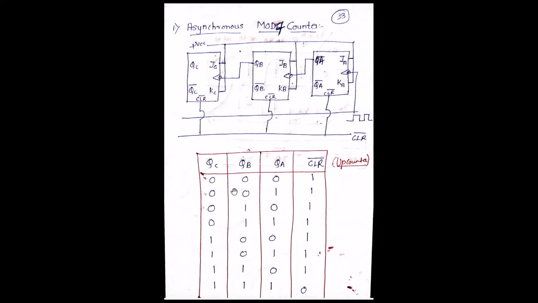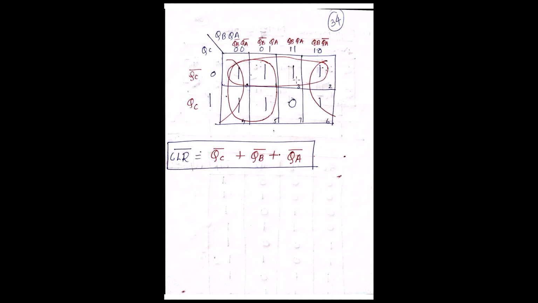The truth table starts from 0, 0, 0 to 1, 1, 1 because that's the maximum value for a 3-bit counter. Since we have mod 7, we should have 7 output states. Hence from 0, 0, 0 to 1, 1, 0, we have 7 output states in which the clear bar is 1. If the clear bar is 0, my flip-flop will get cleared. I don't want it to get cleared till the 7th output state, so I put it as 1. In the 8th output state, it should get cleared because we want only 7 output states, hence we are putting it as 0. So we can draw the K-map diagram from this.